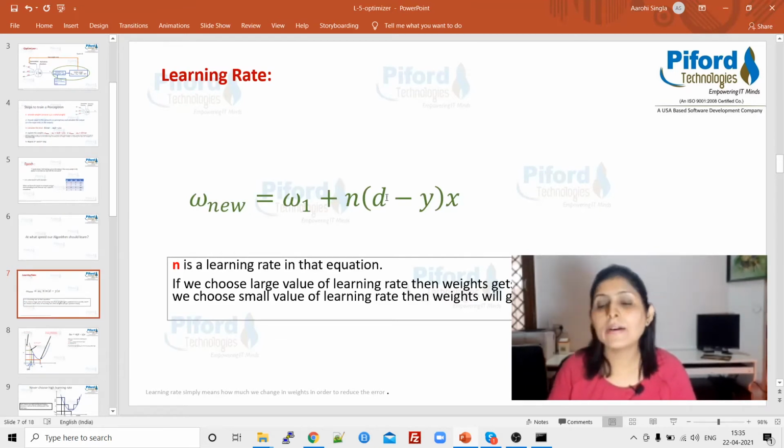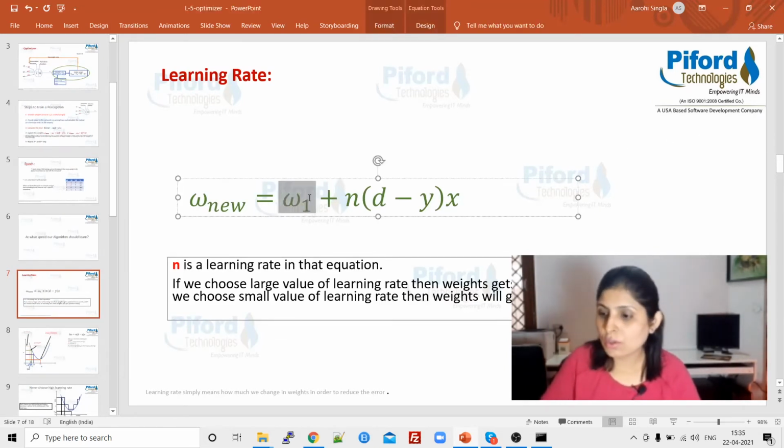So guys, remember this formula for W1. What is this formula about? This formula is used when you want to update the weight. This equation is used in the perceptron when you want to update the weight. And what is that equation? Old weight. Suppose you want to get the new weight value for W1.